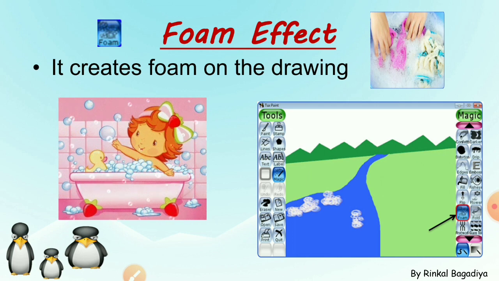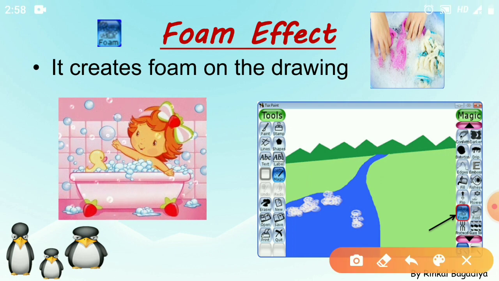A form is nothing but a mass of small bubbles formed when your mother is washing your clothes. Whenever you add washing powder to the water, a lot of foam is formed. Similarly, form effect adds the form like this in your drawing. It will create small white bubbles on your drawing as you can see on the screen. Okay. You just have to select the Form tool and just click on the drawing area. It will create form effect in your drawing area.